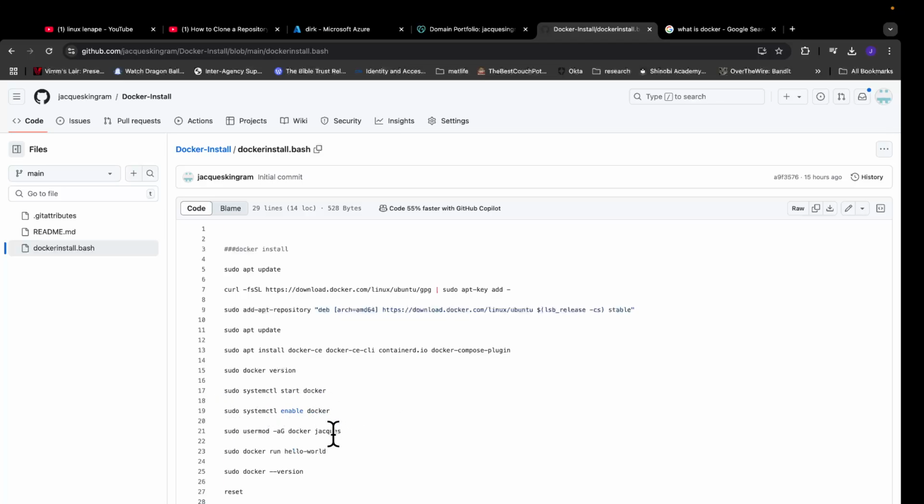Then we're going to add our user to the usermod docker group, which is going to allow us to run these Docker commands without having to enter sudo every time. Then we're going to run a simple Docker image, hello world. We're going to request the version again. We're going to reset to clear the screen. And once you see this prompt at the bottom, finish Docker install, that's how you know everything worked